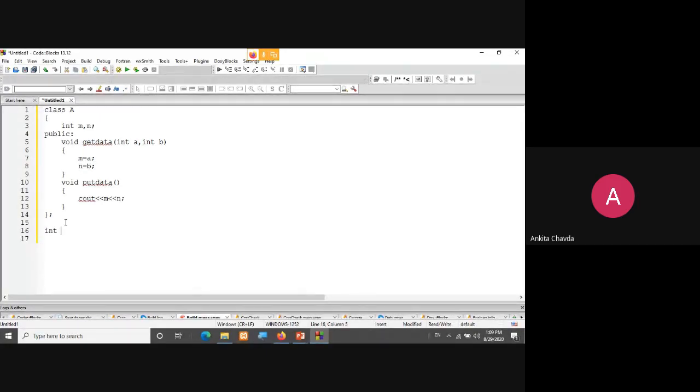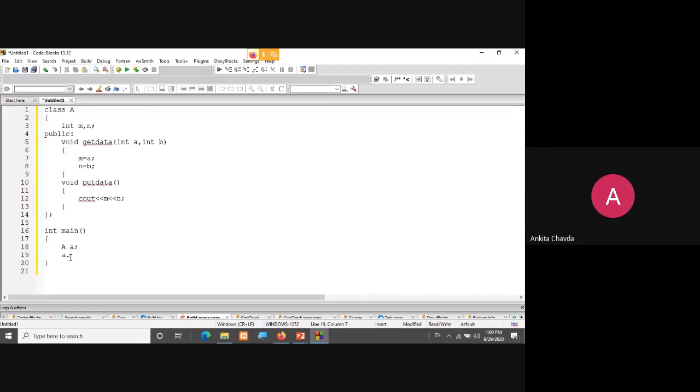And for this, from my integer main, first of all I need to create the object. Let's say suppose my class name is A and I'm creating the object small a. Now if I want to initialize some values to my m and n, directly it is not possible. So via an indirect way, through my function, I can initialize the value. So I need to call my function with the use of the object, that is a dot get data, and now I'm setting my values 10 comma 20. Yes or no?